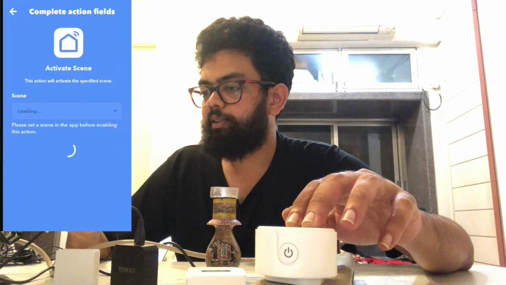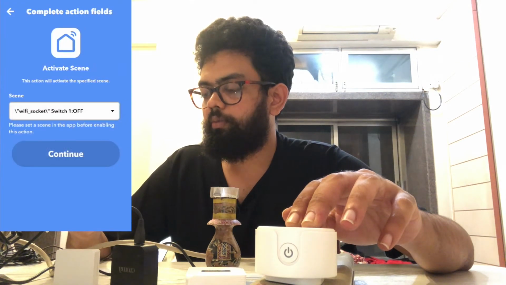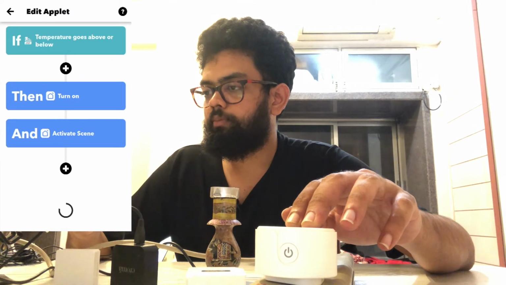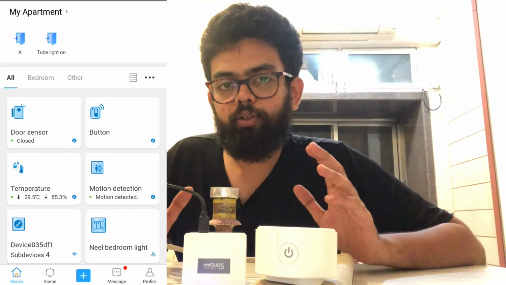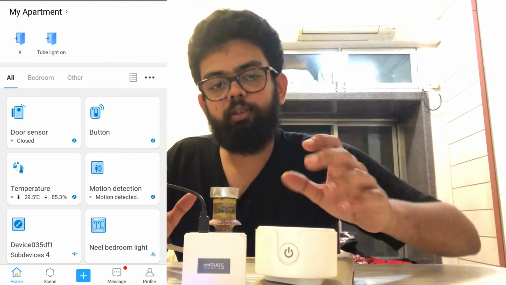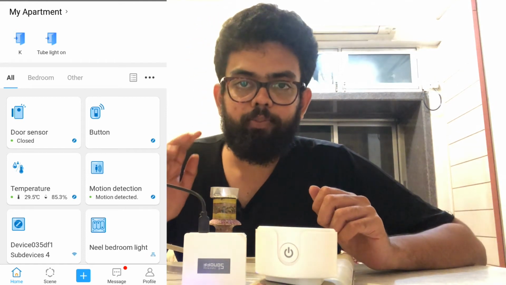Click on activate scene, Wi-Fi socket, continue, update. Here you can actually connect your heater or any other humidifier or dehumidifier with the smart socket. You just need to go to the IFTTT platform and select a specific trigger.